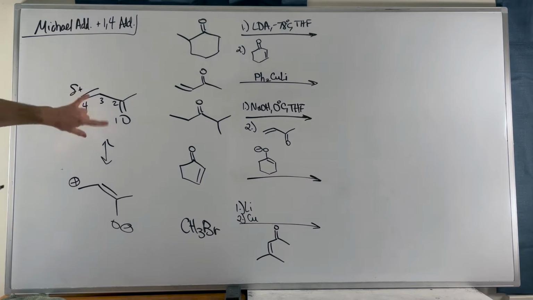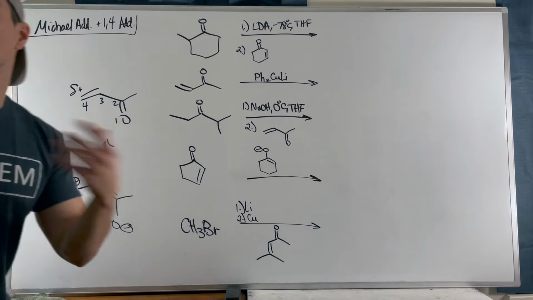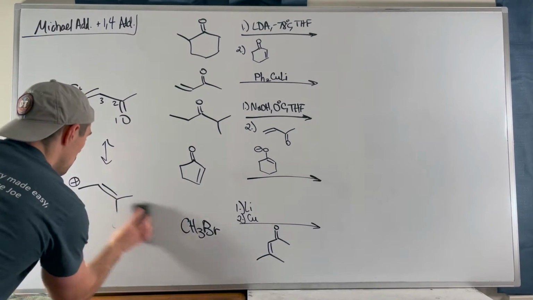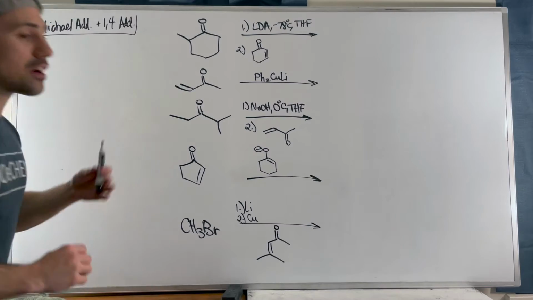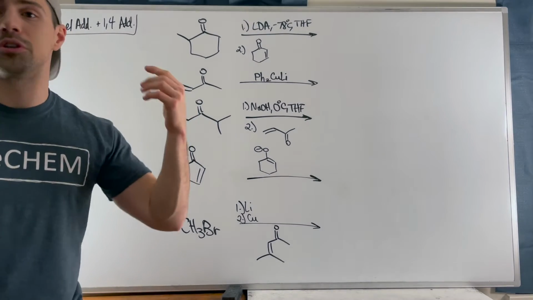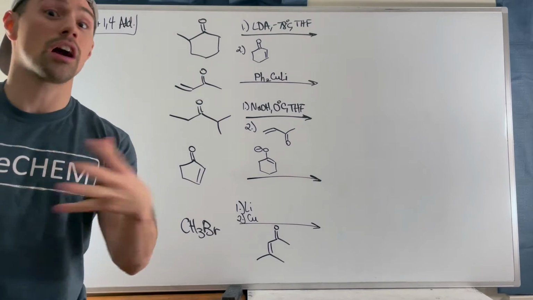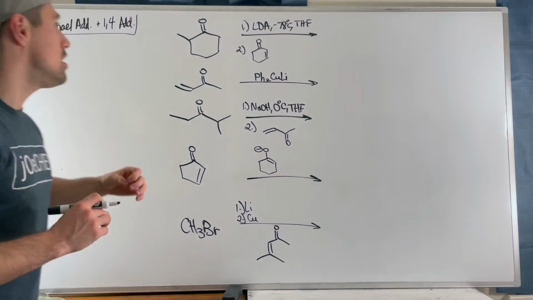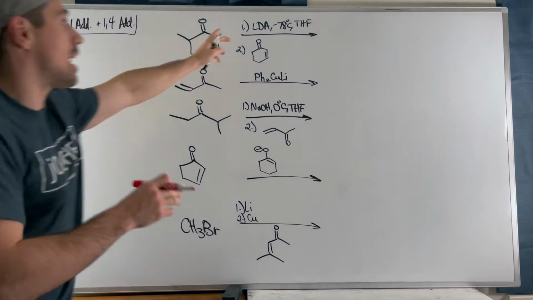So we can do these 1,4 additions, and when an enolate does it, it's specifically called a Michael addition, and when anything else does it in the 1,4 fashion, we just call it a 1,4 addition, okay? Just a quick little blast from the past. And remember, our soft nucleophiles are everything except your organolithiums, your Grignards, your hydrides, your strong hydrides like LAH, anything like that. Okay, so up here, we see kinetic enolate,